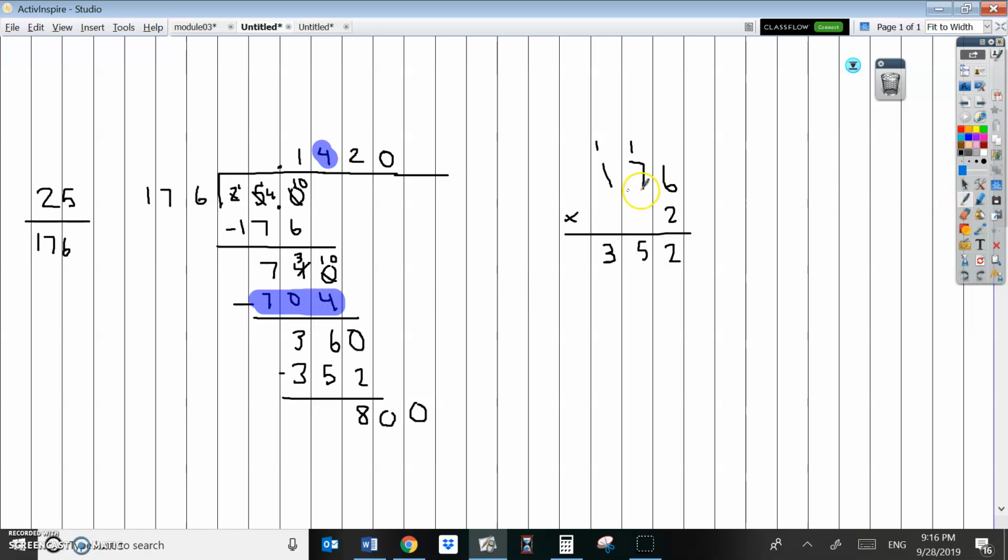So I need to do 4 again. 4 times 176 was 704. Subtract, and get a 6 right here, and a 9 right here. 96, and bring down a 0. How many 176